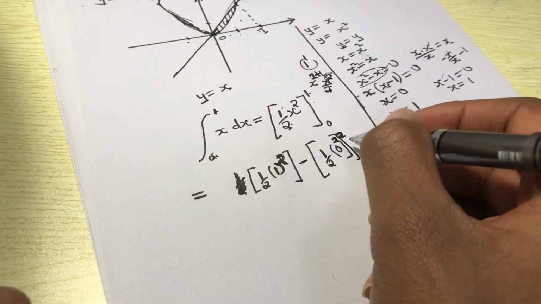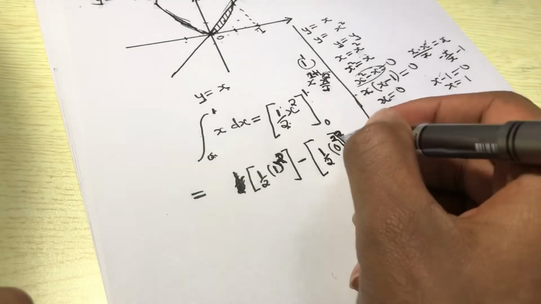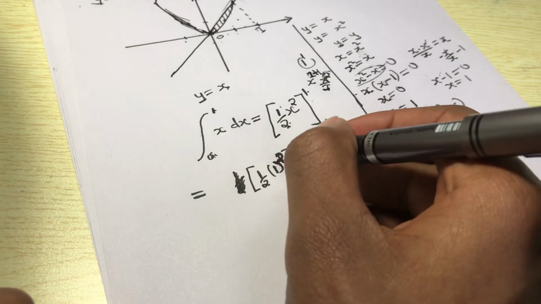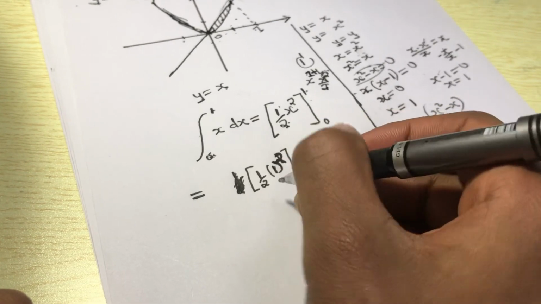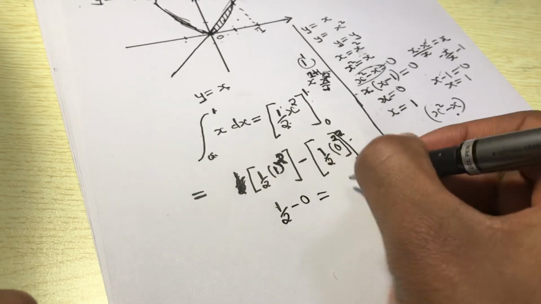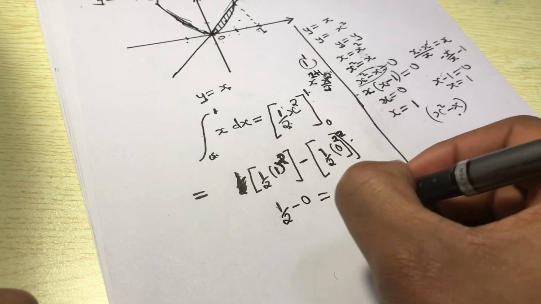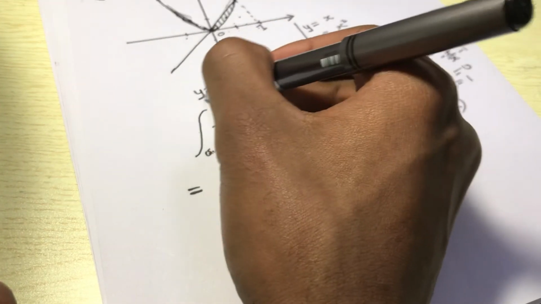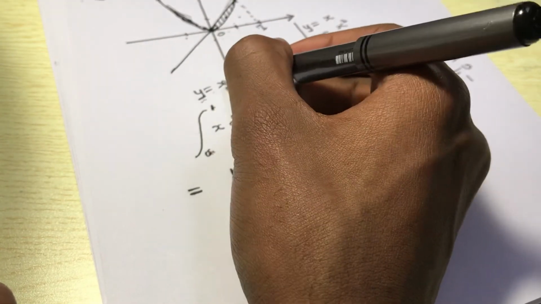Good. Then 0 is 0. 0 squared is 0. 0 times any number is just 0. So what we need to know is this one. 1 squared is just 1. So 1 times a half is a half. A half minus 0 is just what? A half. Okay? So we got this number, the integration of this one, or the area of this line from